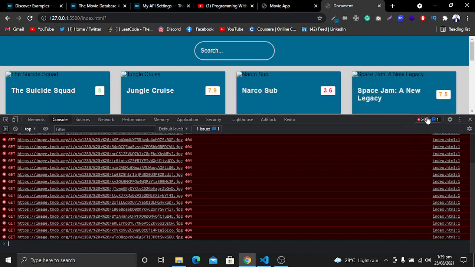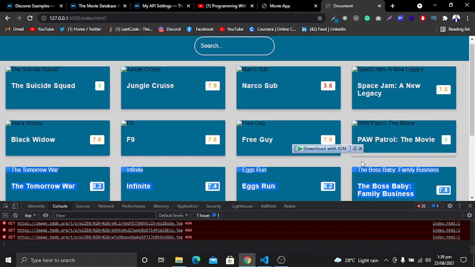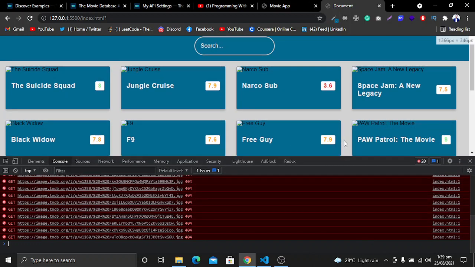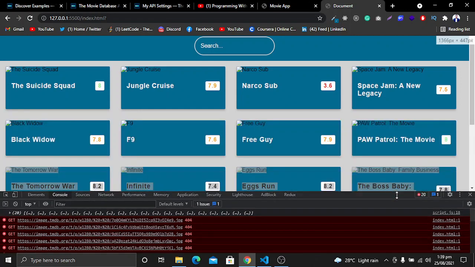And now you will see we are not displaying the images. We are getting the complete data from our files, but we have an issue in the images. So let's see what the issue is in the images. So for this I will go to the code editor.